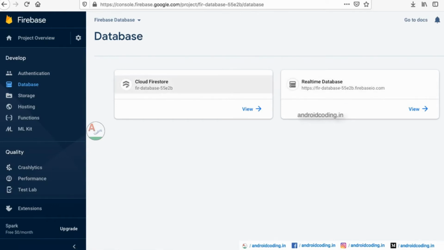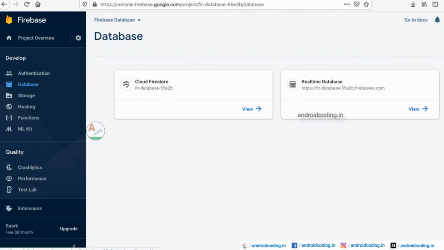Four things, authentication, database and so on, will be displayed pictographically, giving you a basic introduction. Click on Get Started after going through the instructions provided by Firebase. If you still have any problem, let me know, I will surely help you.